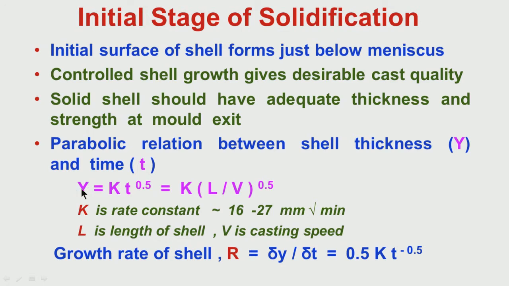I have mentioned that the thickness of the solid shell depends on the local solidification time, and time is the length of the shell divided by velocity. So, it is related to the casting velocity also. As I was telling you, if you have a high casting speed, y will be less. So, this is important; we cannot go to very high casting speed, we have to operate within a higher limit of casting speed, to get a relatively thicker shell